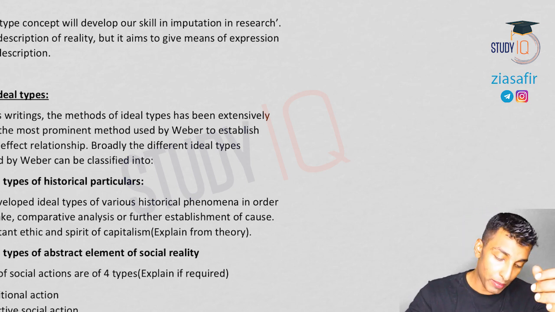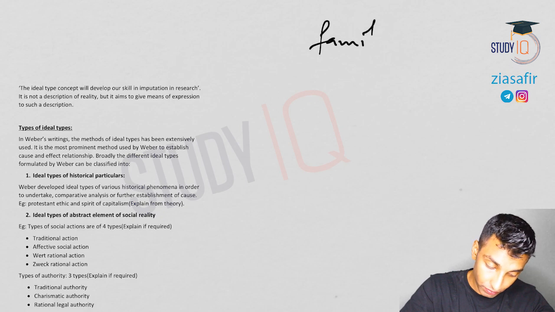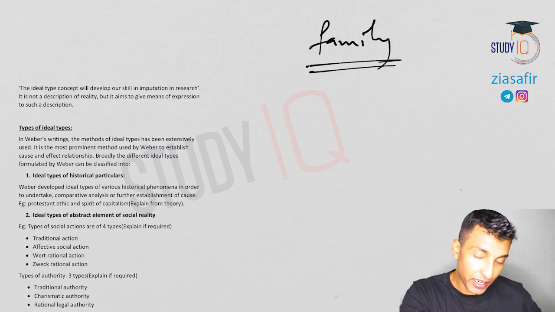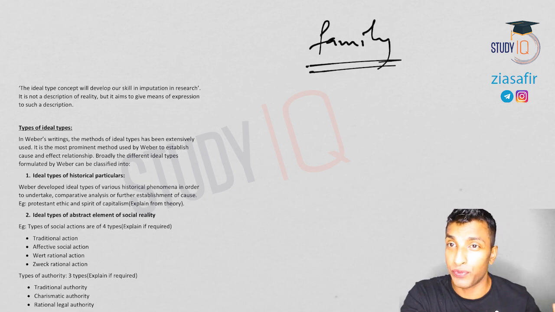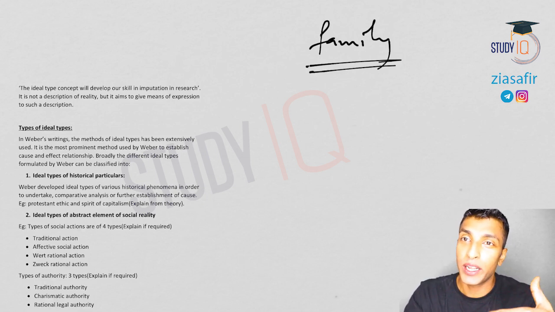So let's move on to the actual concept. I can explain the technical language and everything with this PDF. What are the different types of ideal type? How to construct an ideal type? What is the role of a trained investigator for ideal type? What are the criticisms of ideal types? Where are the applications of ideal types? Everything technically I will do. But for the first 2-3 minutes, I will try to explain the concept here.